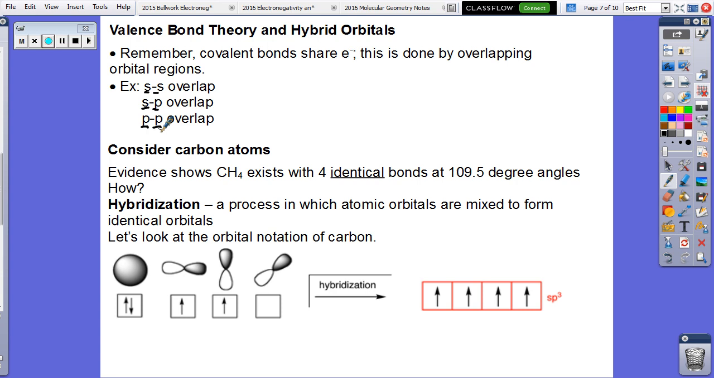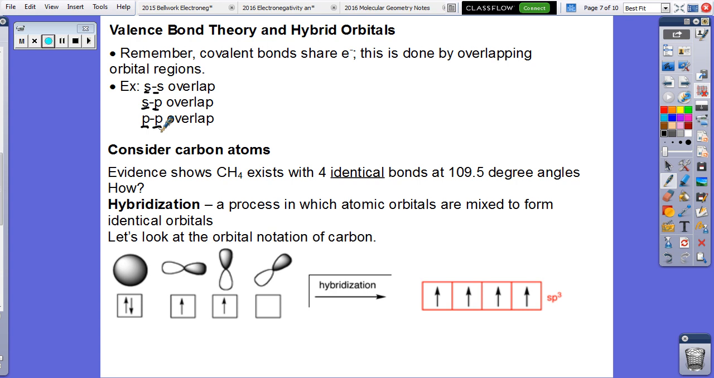But those are our valence subshells, and those would be the ones overlapping where this sharing of electrons would go on. Now, there is something called hybridization that makes this possible. It says evidence shows that CH4 exists with 4 identical bonds, and they're each at a particular bond angle. So how is that possible